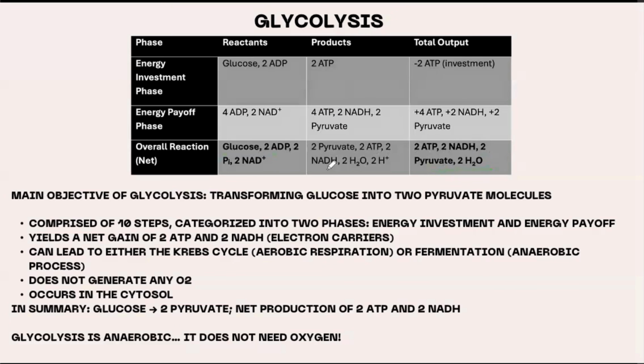That becomes the breakdown. And you have the ADP plus the phosphates that end up producing a net gain of two ATPs, and the two NADHs that somewhere fall in that reaction. So overall, in this reaction that occurs in glycolysis, you have one glucose molecule that comes in, and what ends up happening is that one glucose molecule will produce the two ATPs, the two NADHs, two pyruvate, and